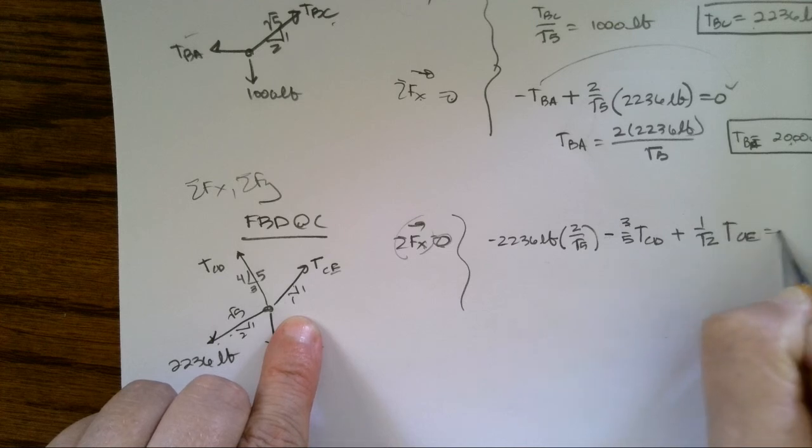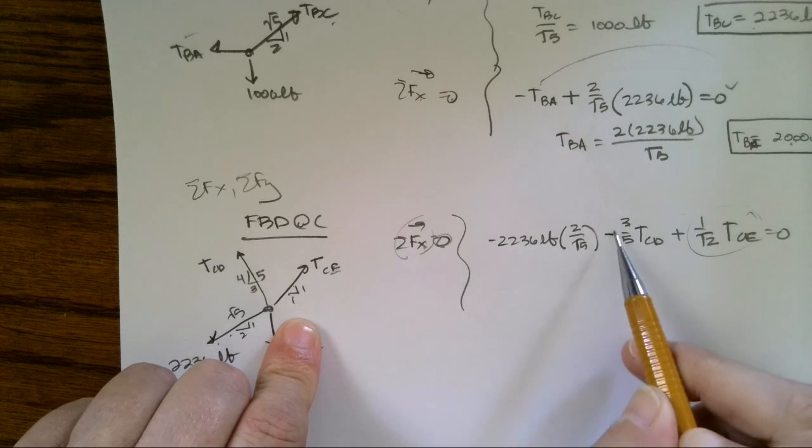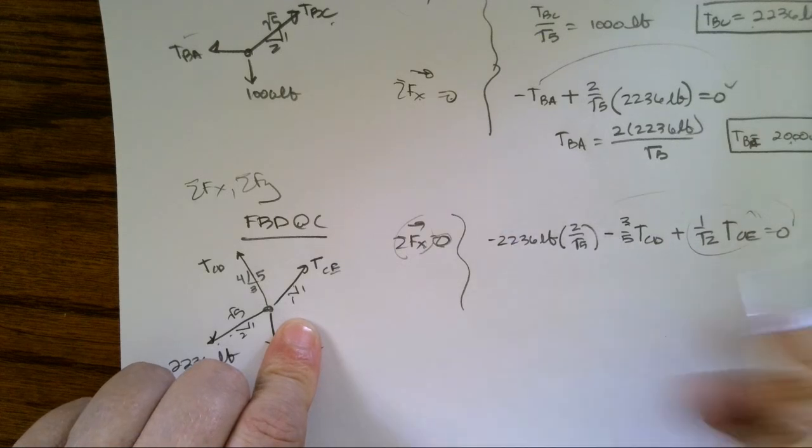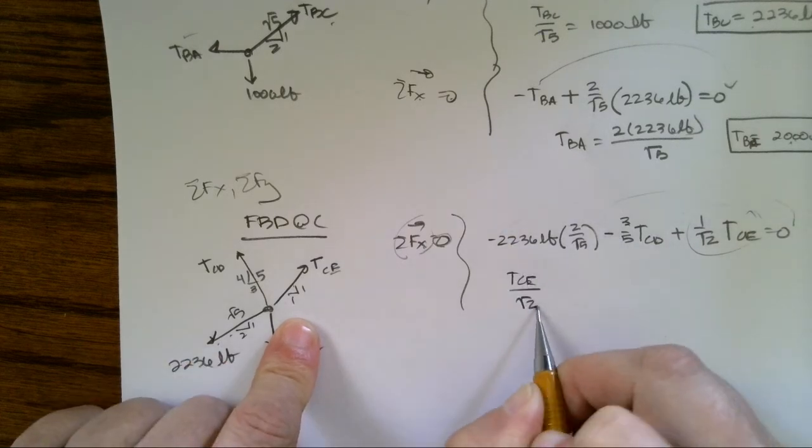All of this equals 0. Let's just solve for TCE so we can take the negatives over, okay? So I have TCE over square root of 2 equals